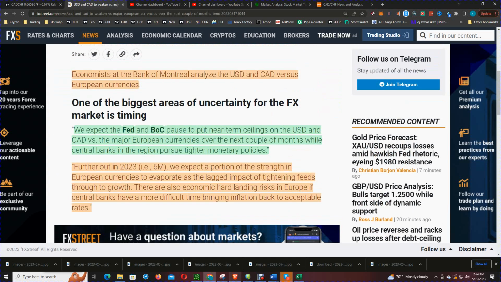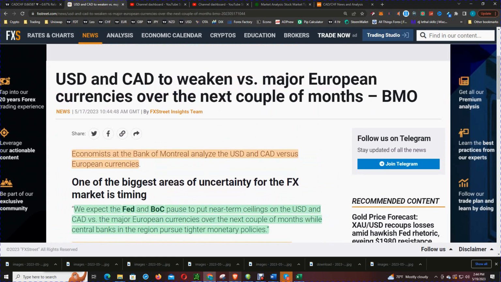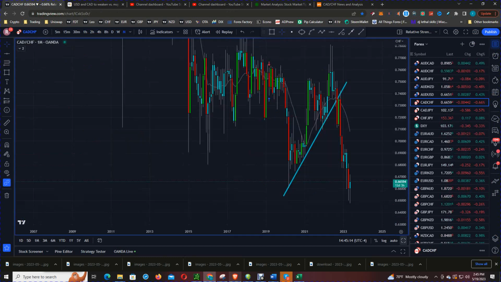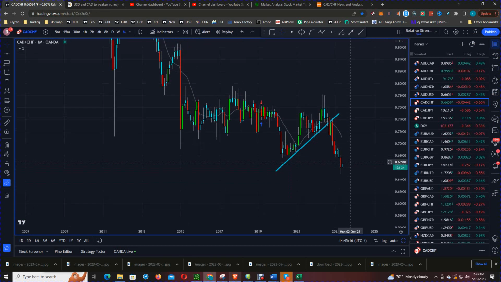All right. So what I'm going to do is analyze a pair that I don't think gets analyzed a bunch. I can do US, I can do the Euro, USD, Euro CAD. The pound is one of the higher volume currencies, but I'm going to choose the CAD versus the Swiss franc, right? A pair that I don't think is looked at a lot. All right, so when I go to the monthly chart,